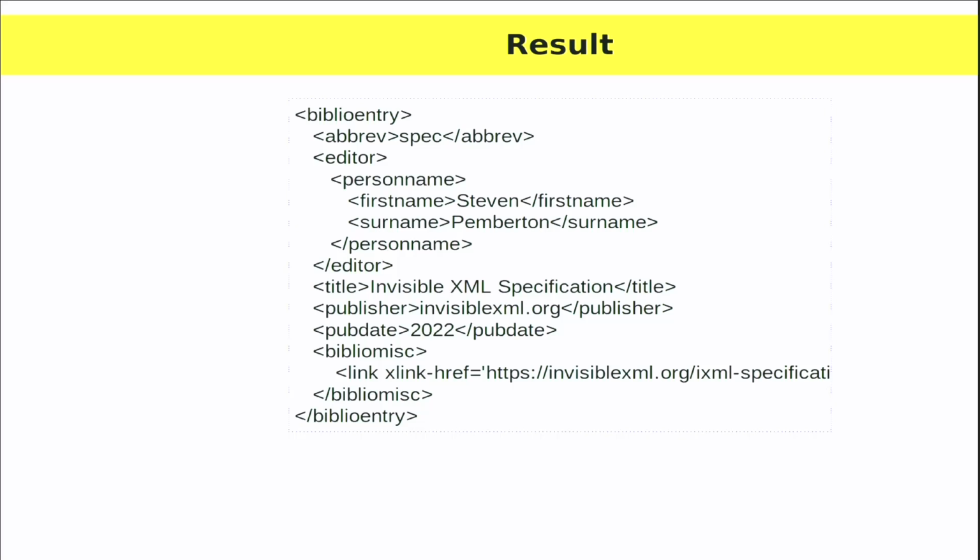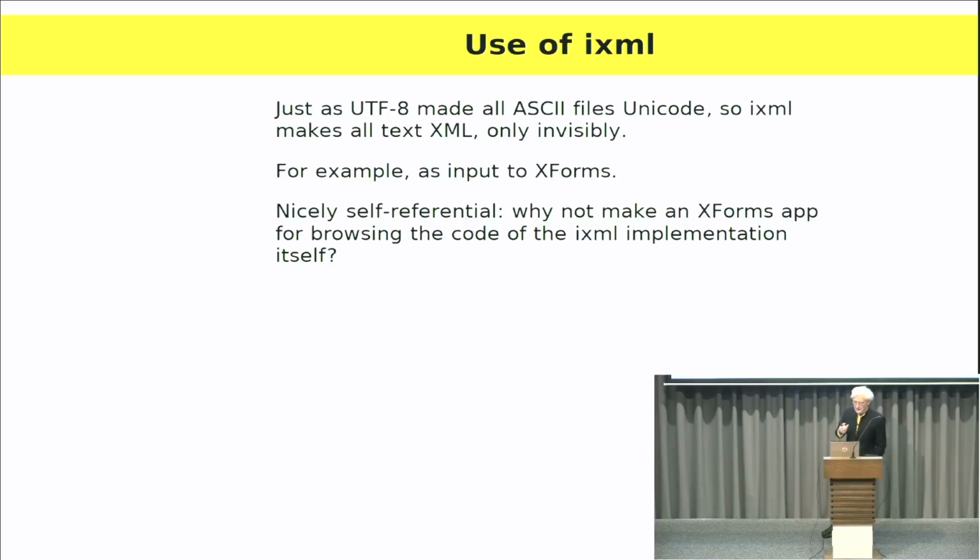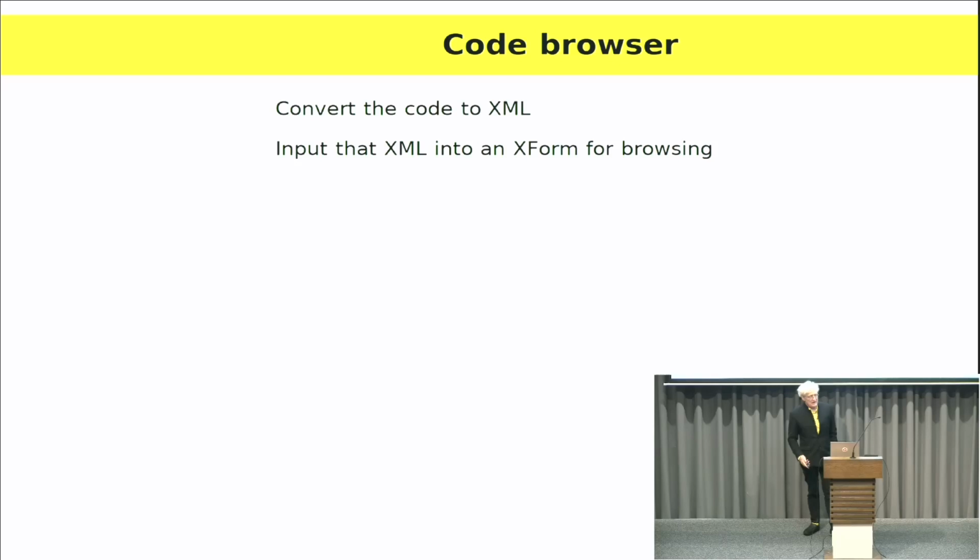But the idea of ixml is to get stuff into the XML pipeline that isn't XML to start off with. And so one of those things that reads XML is, of course, XForms. And so I thought, oh, well, okay, let's start using ixml and XForms. And so why not make an XForms app for browsing the code of the ixml implementation using ixml? So that's exactly what I did. So I convert the code to XML, and I input that XML into the XForm,